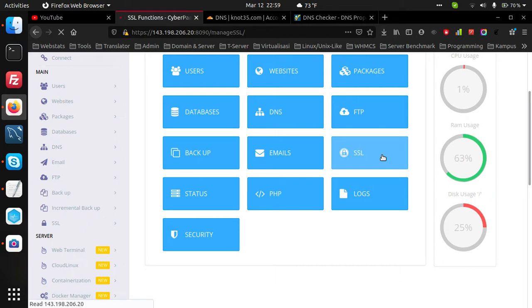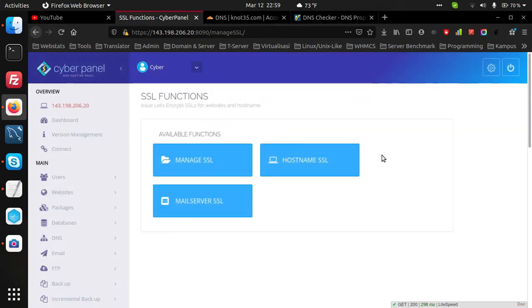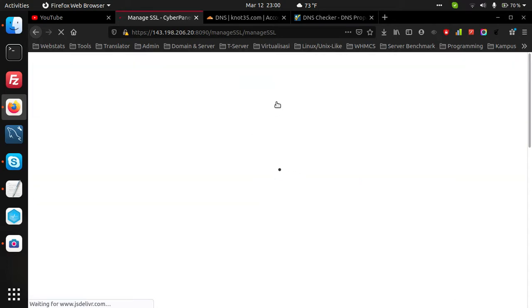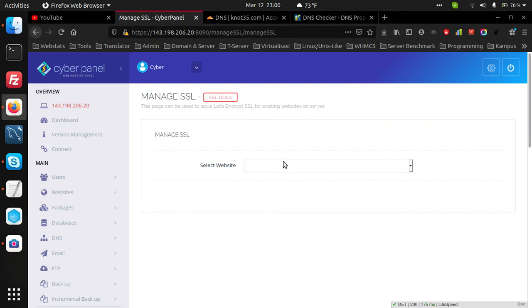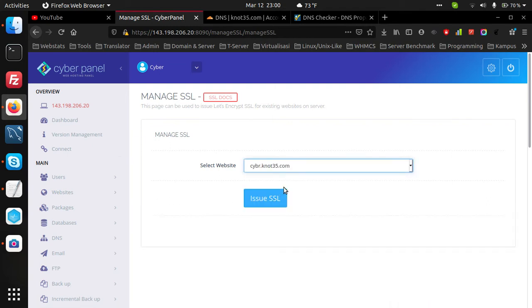Sorry, I mean SSL function, and manage SSL. Then select and then issue SSL.